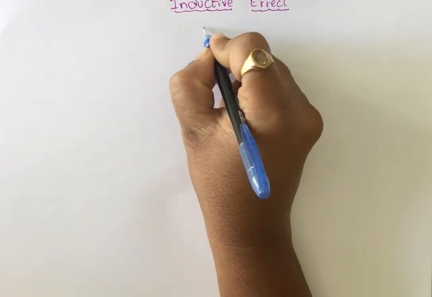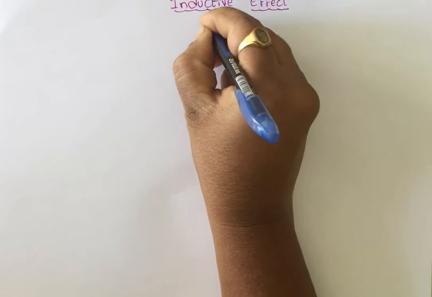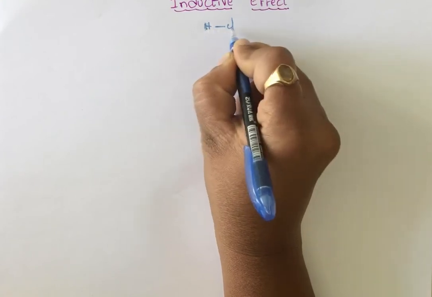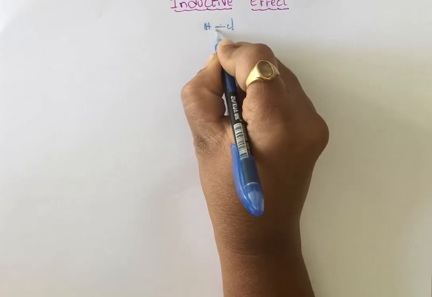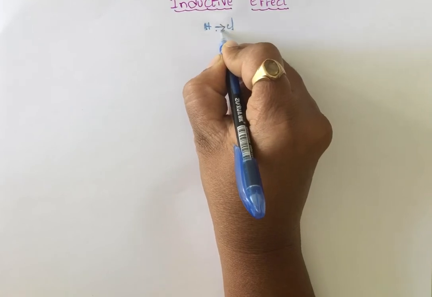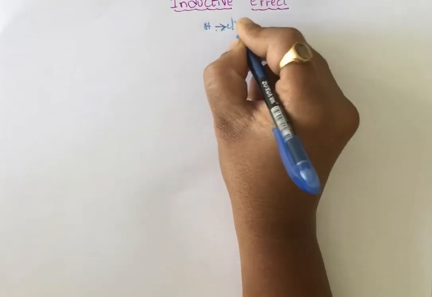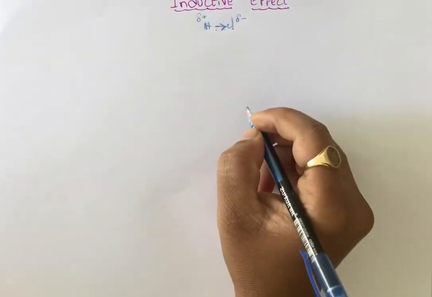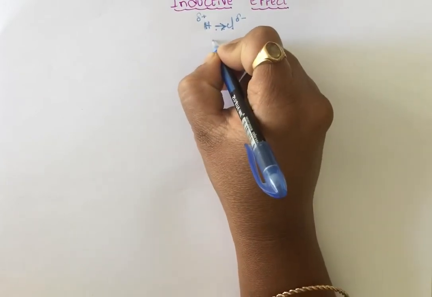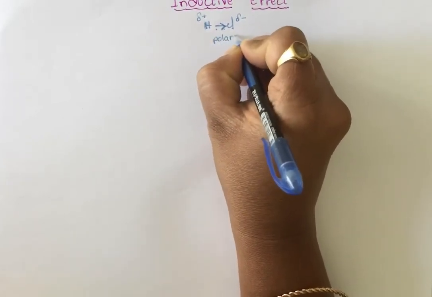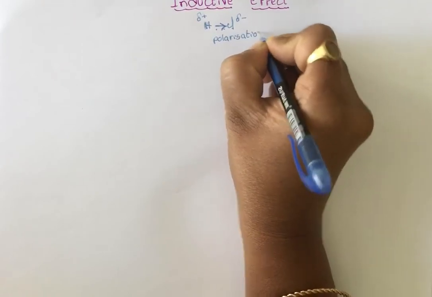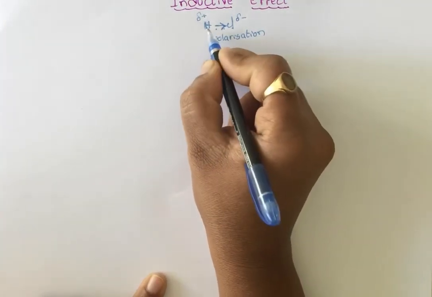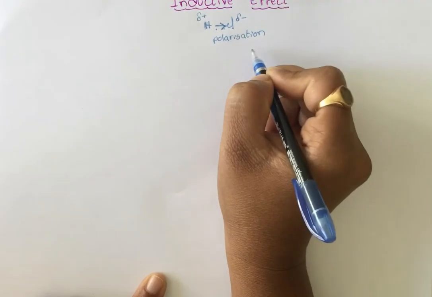First thing, if I take an inorganic molecule, HCl, you can see here hydrogen is less electronegative than chlorine. Because of that reason, this is a bonded pair of electrons. This bonded pair of electrons will be attracted by the chlorine towards itself. Because of that reason, chlorine will develop a partial negative charge and hydrogen will get a partial positive charge. This is said to be polarization. So this molecule is polarized. Similarly, if you take any molecules which have an electronegativity difference between the atoms, you can see the polarization effect.